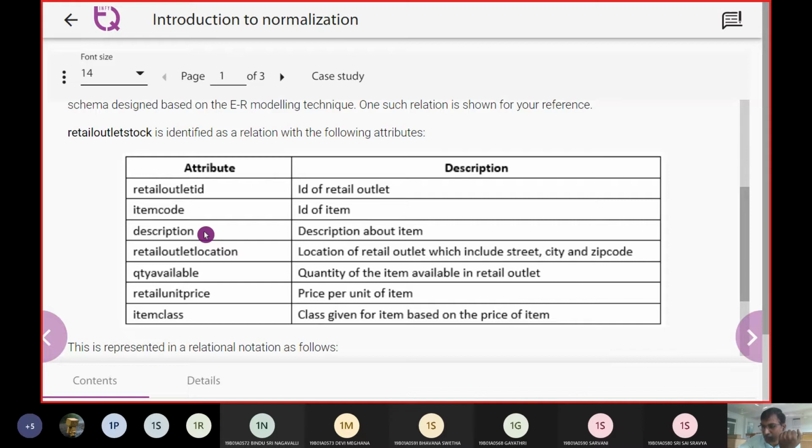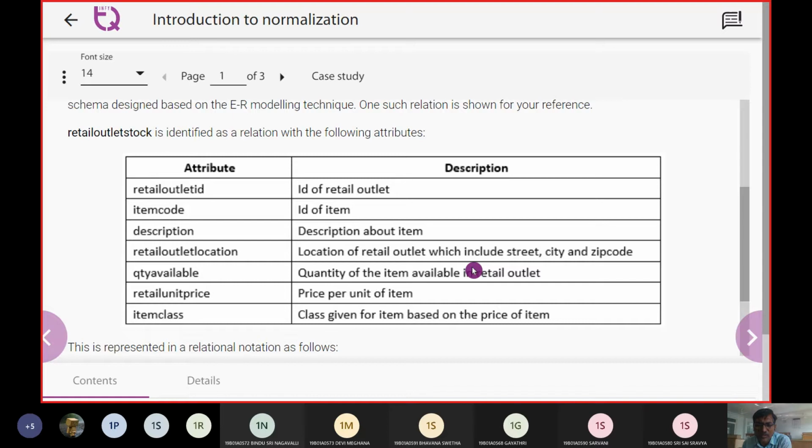And to describe it: it's a pen, its color is black, its color is blue. We want to describe something from features of the content, so that is where this description happens. And retail outlet location, so where it is exactly, with street location and address, etc. And quantity available: I have pens, and how many pens as of now in my stock, my godown.